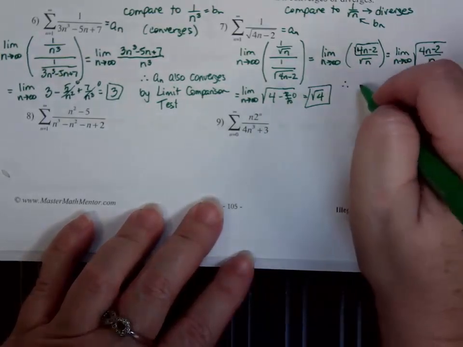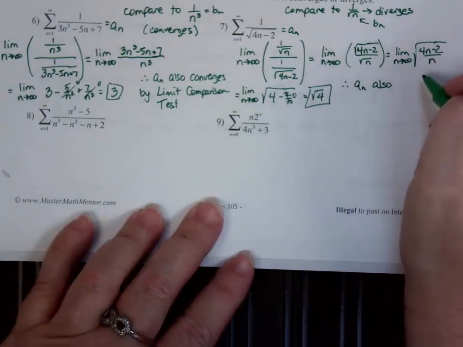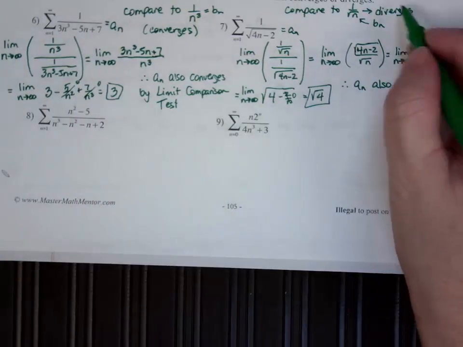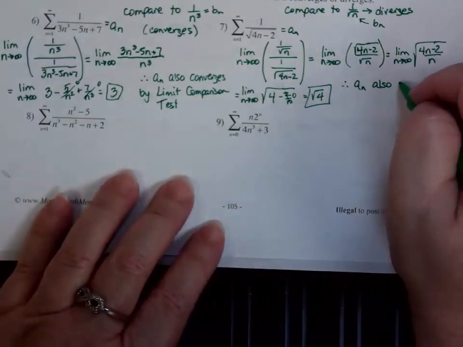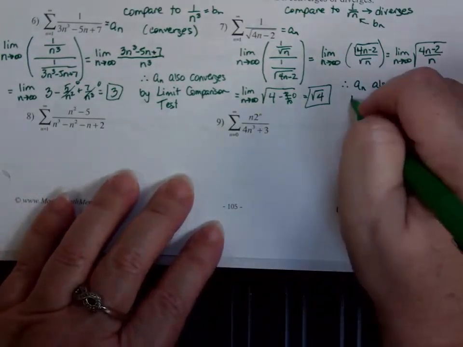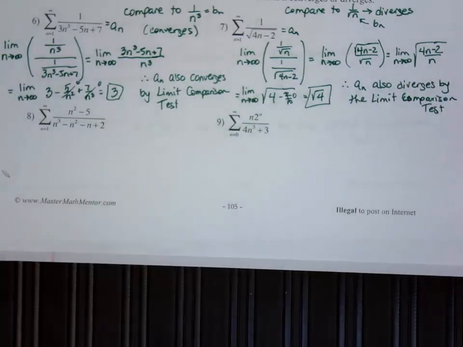Therefore, a of n also what? Converges or diverges? Diverges. What did the original one do again? Diverges. So it also diverges by the limit comparison test. B of n, that's on top, right, in this problem? In this problem it is. So since it diverges,